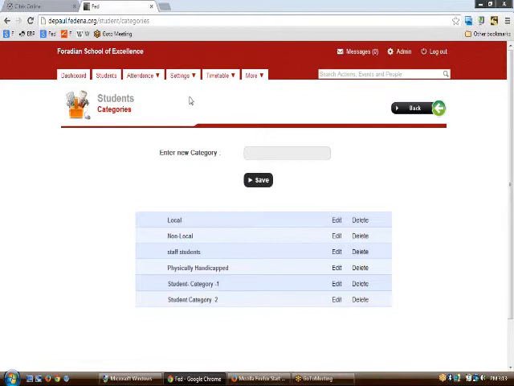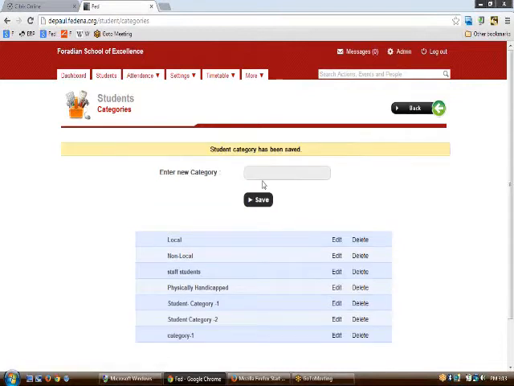Then you can just go to this part, click on a category, let us say category 1, and click it. This would mean that this particular option would be available during admission of students, in the admission icon itself. So every time you want to see the list of students who belong to a particular category, you can do it by custom import and advanced search and so on.